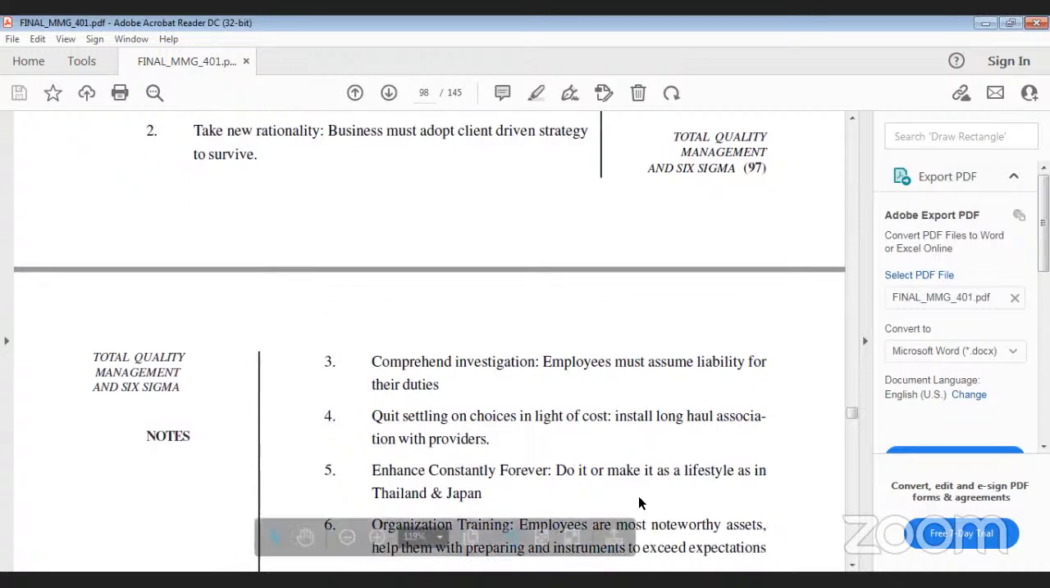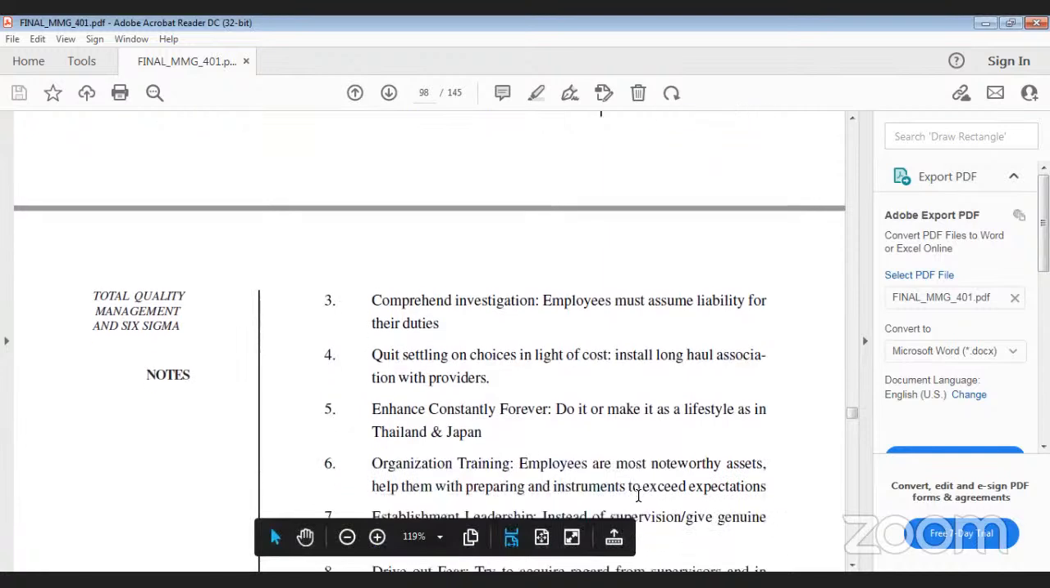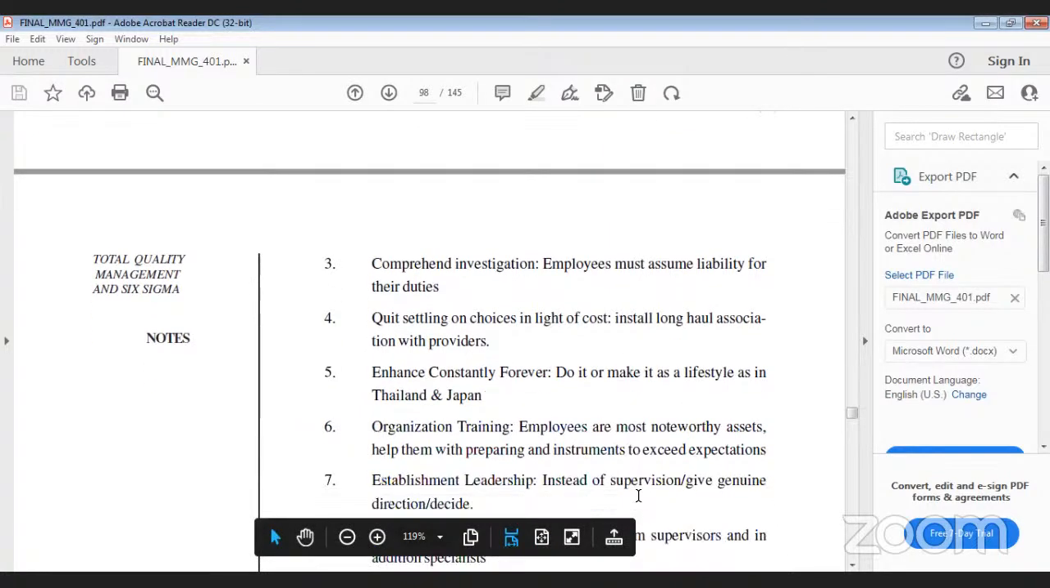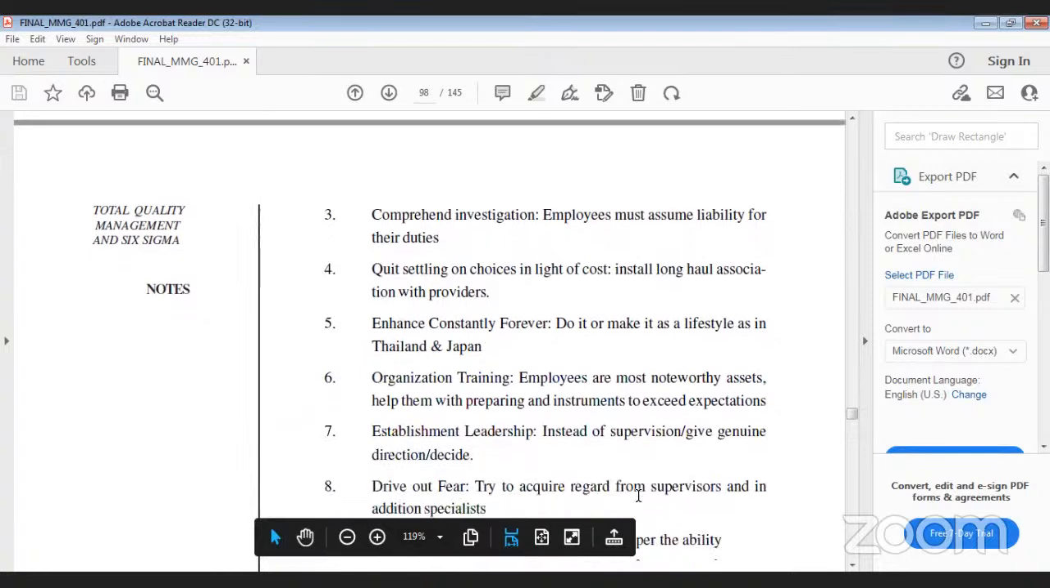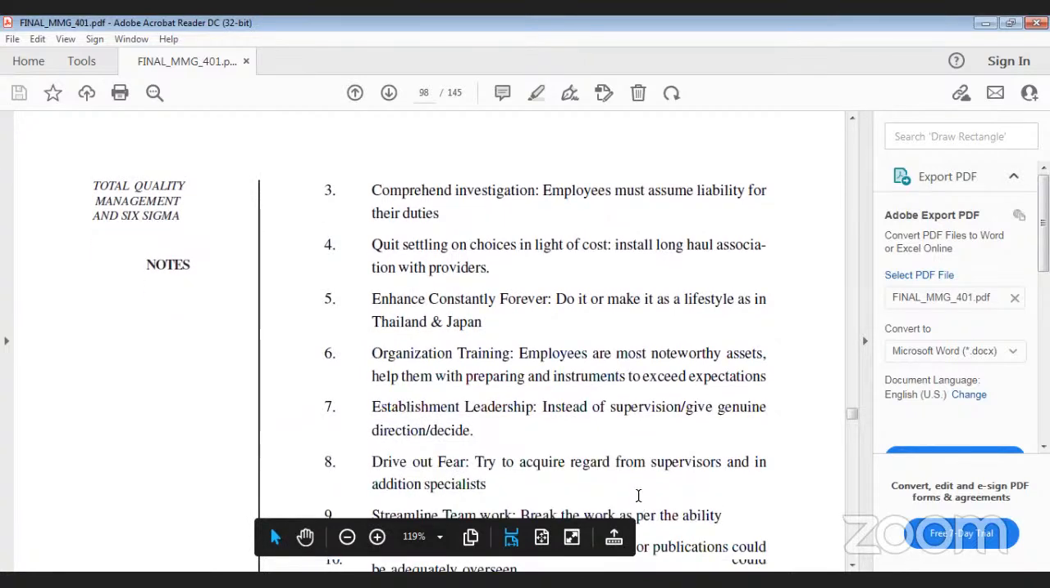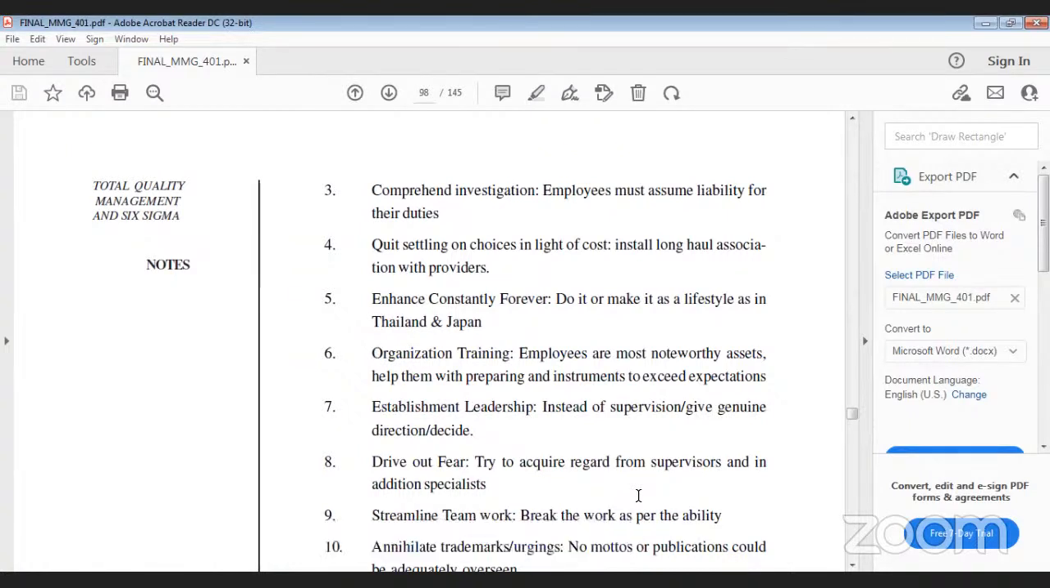Quit settling choices in light of cost; initiate long haul association with the providers. Fifth point is enhance constantly forever. Make it a lifestyle as in Japan. Then organization training. Employees are the most noteworthy asset, so furnish them with the preparing an instrument to exceed the